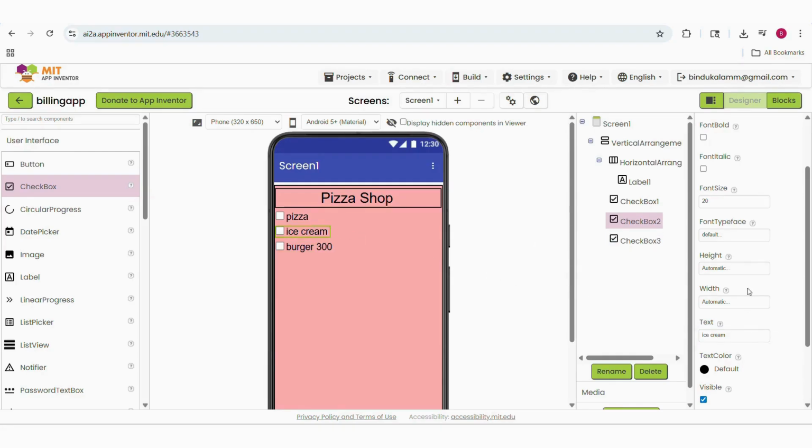You need to give amount of each food, so change the text of all three checkbox as Burger 300, Pizza 600 and Ice Cream 100.